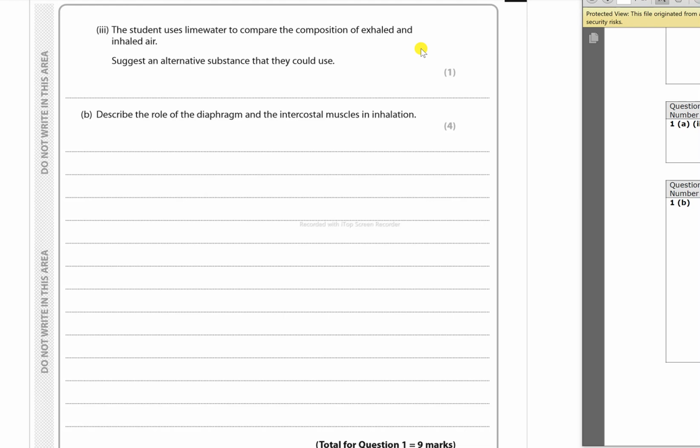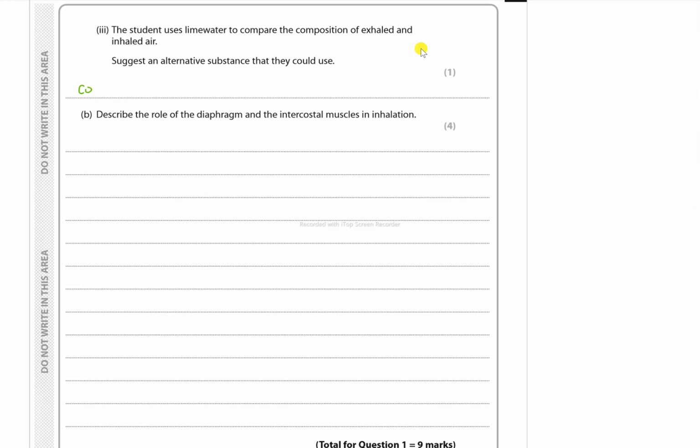Another one that you need to do is to show the concentration. According to the mark scheme, to work out the concentration rather than the presence of CO2, use something called, and I always forget this, sodium